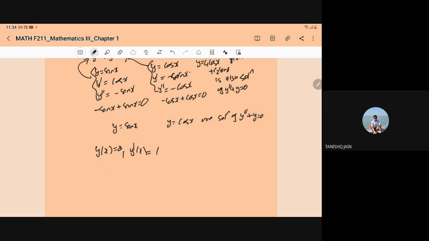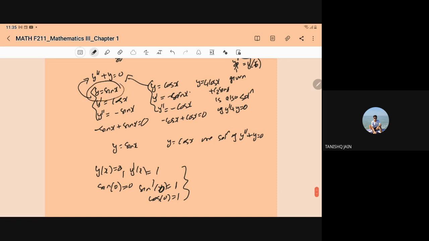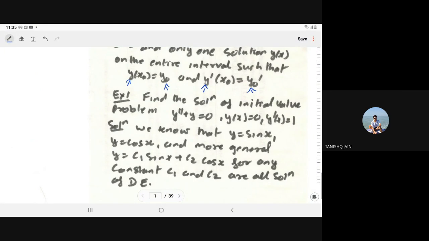So we are saying that sin x is the solution. Sine of 0 is equal to 0, and sine dash of 0, that is cos 0, is equal to 1. So only sin x will satisfy this; only the sin x is the solution under the given condition. Yet for the differential equation we have many solutions, but only sin x will be the unique solution here under the given condition.